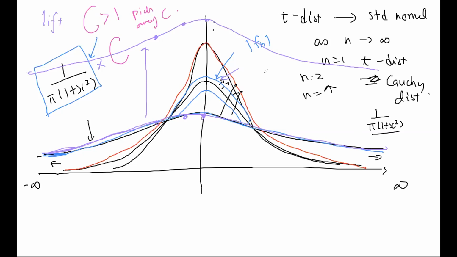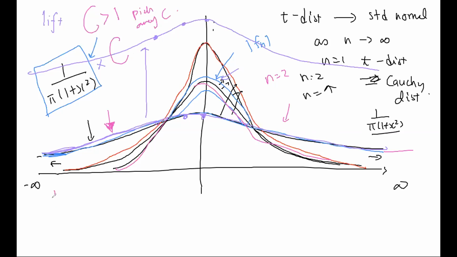You cannot use the other, like n equals to 2. Like n equals to 2 will be something like this. If you leave n equals to 2, it will still lose out to this n equals to 1, because for n equals to 1, the tail is really flat. Your n equals to 1 is dominating at the tail already, so you should use this n equals to 1 case. So you lift it.